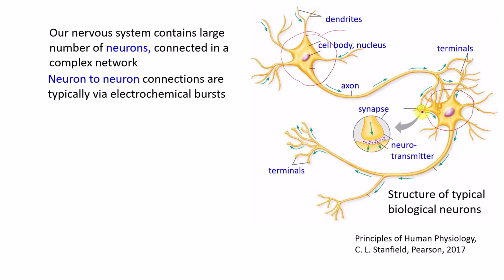The connection here, as you can see, is not a hard connection. In fact, there is a gap here, so they are not physically connected like an electrical circuit. What happens is that there are neurotransmitters which transmit in bursts. So these neuron to neuron connections are via electrochemical bursts. Electrical impulses sometimes will pass through it; it is not passing continuously. Even though this structure looks very simple, taking some impulse, doing some processing, and passing it to another, and it passes in bursts,